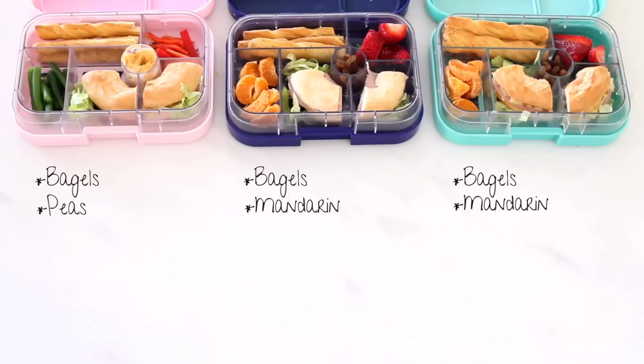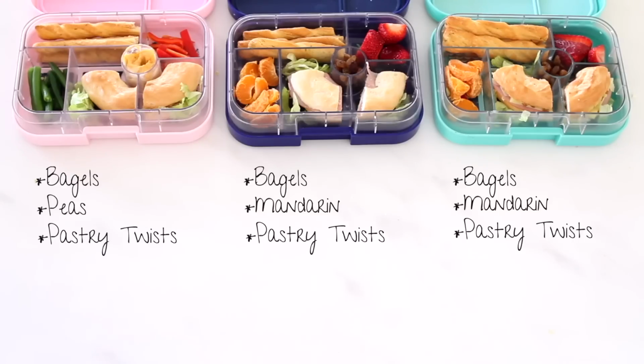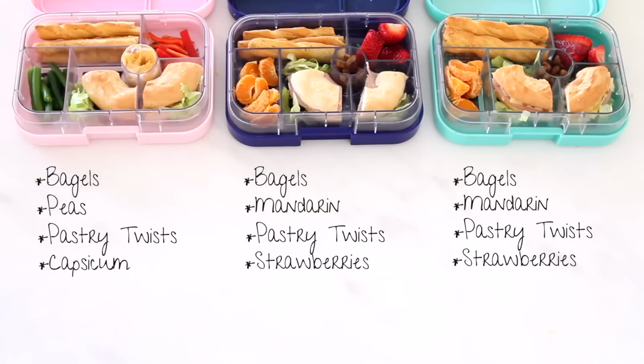Up top, all 3 of the children have Aldi's delicious puff pastry twists as something just a bit different to your regular crackers. Then Heidi has some capsicum up the very top there, whereas the boys have some strawberries. And in Heidi's center section, she has the same hummus again, which has been flavored with pumpkin, and the boys